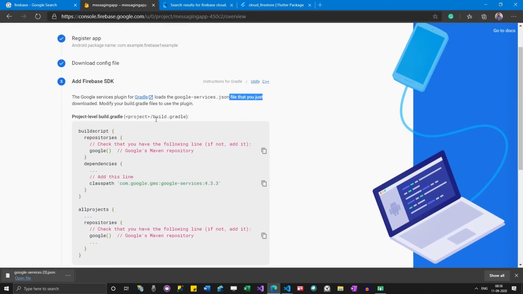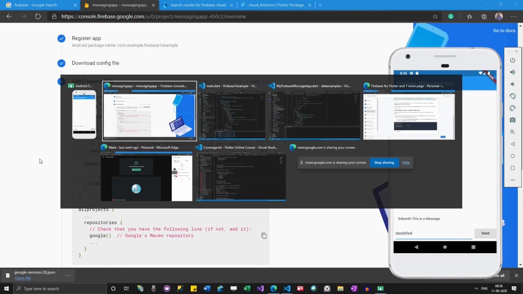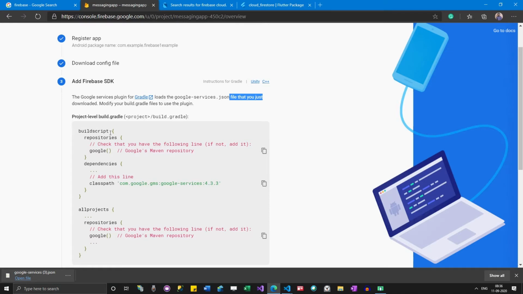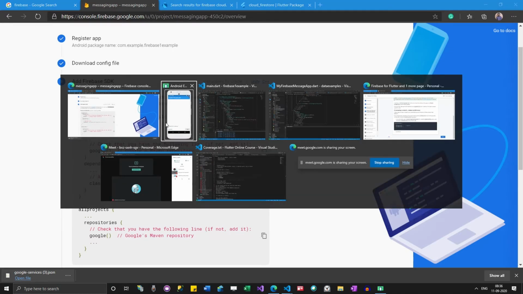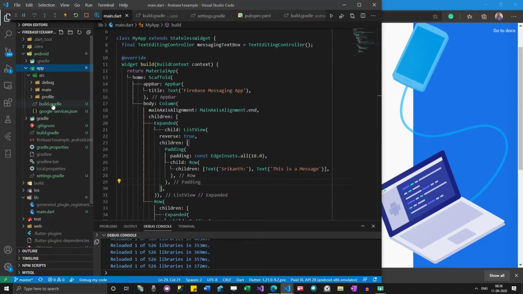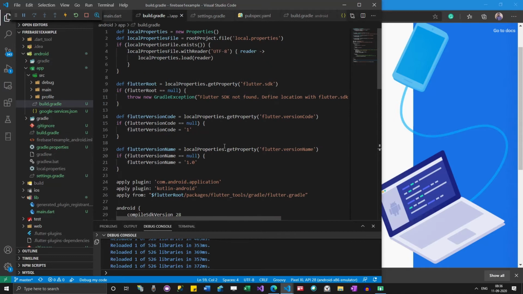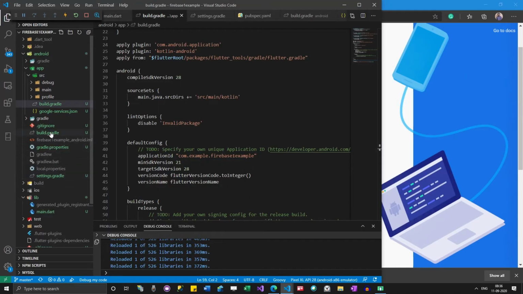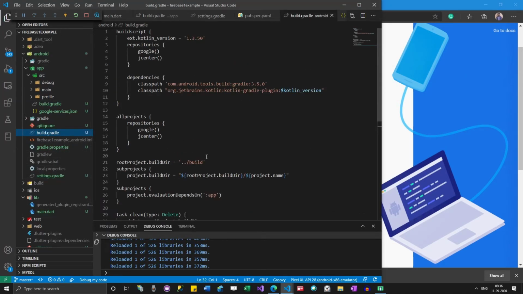So now in the project build.gradle file, we have to add this. Yeah, I think this is the file.